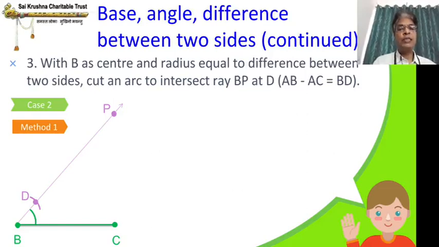In sum of two sides, A came between B and D. Now, it is going to come between D and P. Whereas, in the case of AC minus AB, it was below. So D is moving from below the B, above the B, but before A and after A. In different cases, it is different. Why it is, how you will remember, all those things I will explain to you in the last part, which will make you understand and also remember easily. For now, this is same.